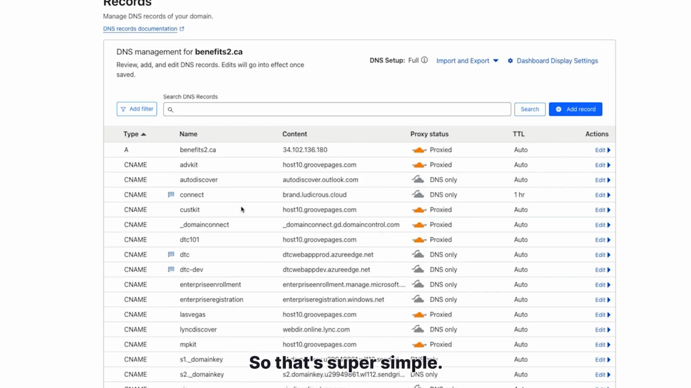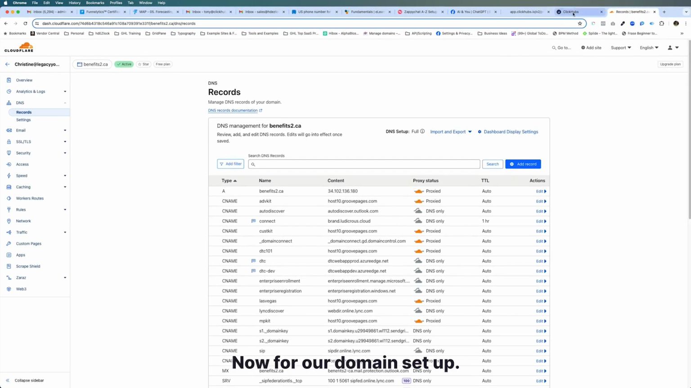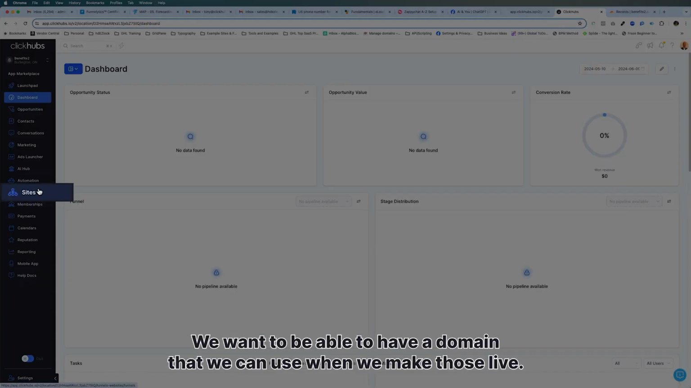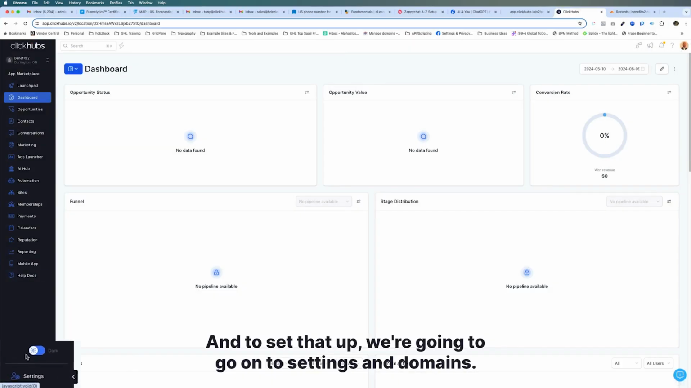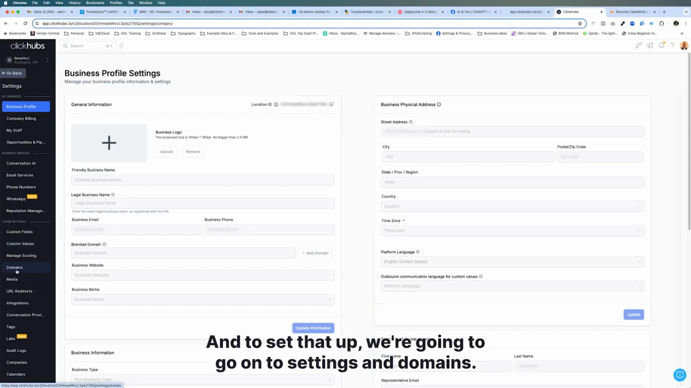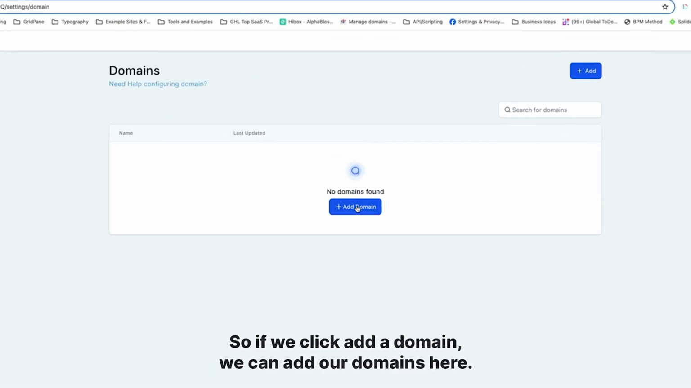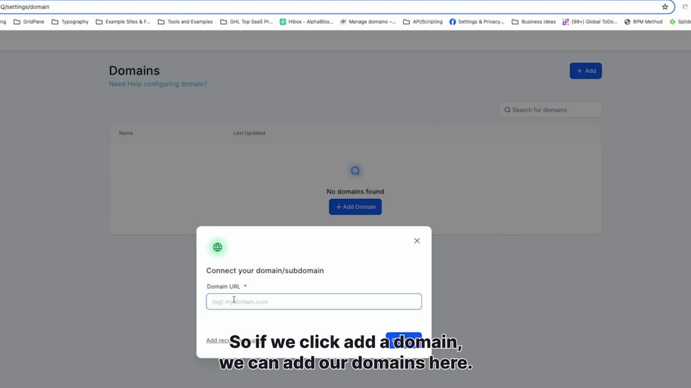So that's super simple. Now, for our domain setup, when we go into our sites, websites, and funnels, we want to be able to have a domain that we can use when we make those live. And to set that up, we're going to go into settings and domains. And you can see we don't have any domains yet. So if we click add a domain, we can add our domains here, and it can be a full domain